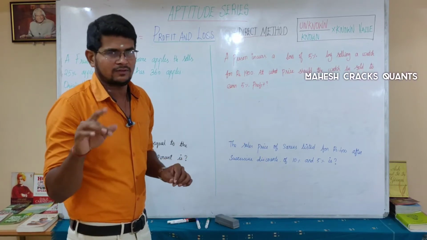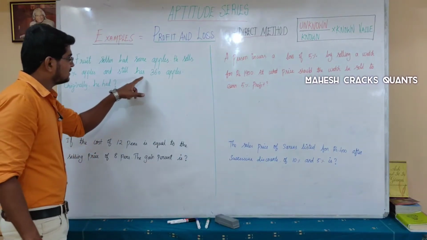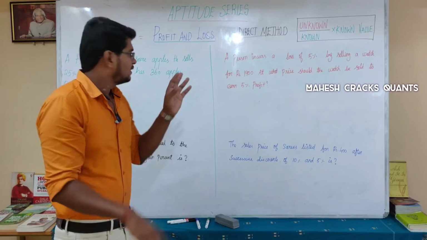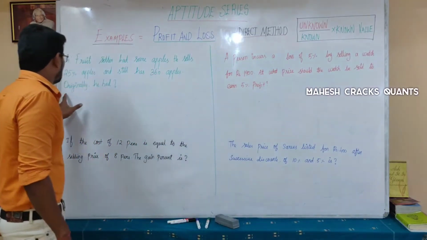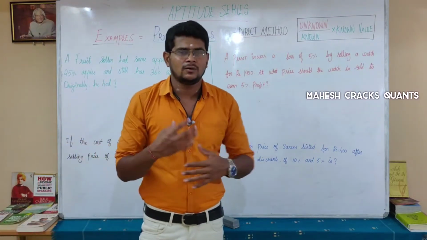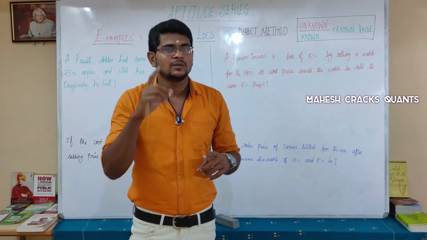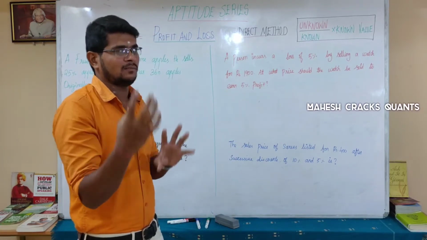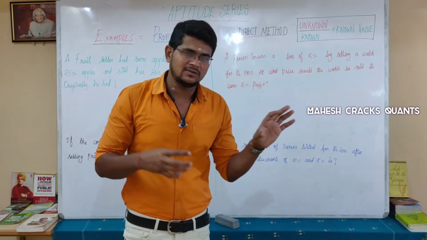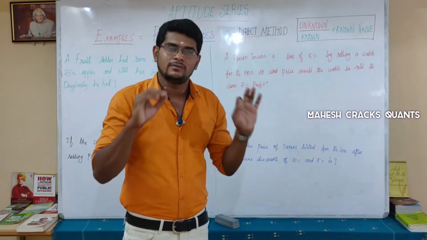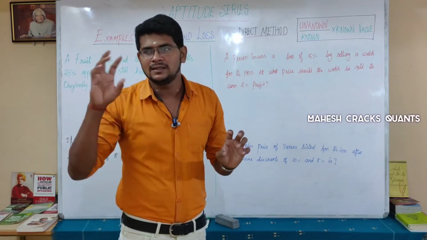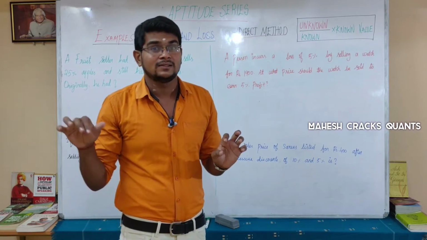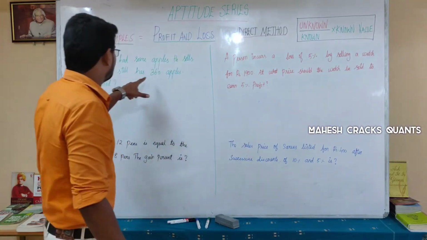He will have only 75% of apples and still has 360 apples, which means that 75% of the apples is 360. Originally how much percentage might he have? Originally 100%, because a fruit seller had some apples. Whatever the count of apples, 5, 10, 50, 100, 1000, which is 100%. In that he sold 25%. So remaining he had 75% apples, which is equal to 360.